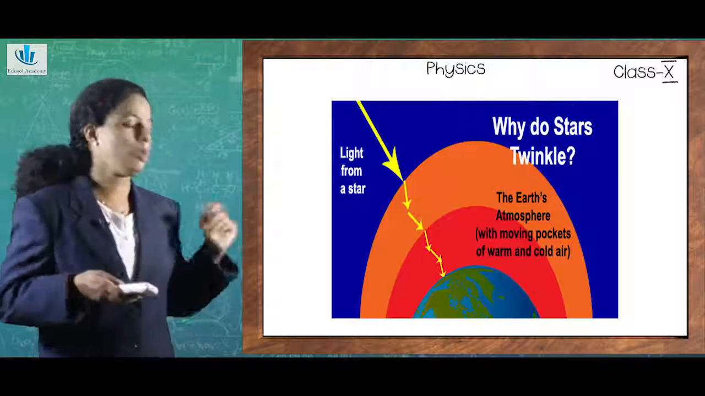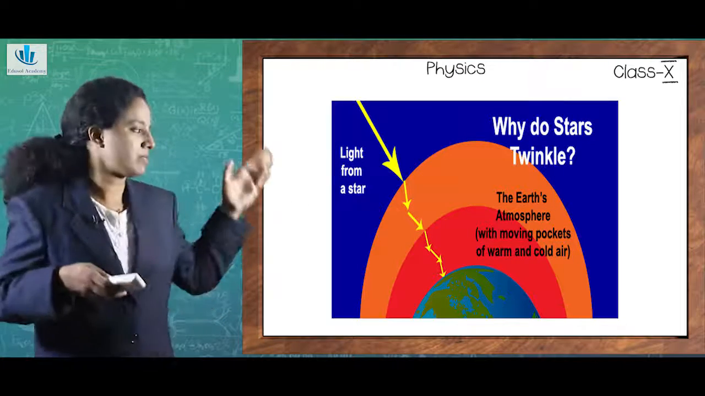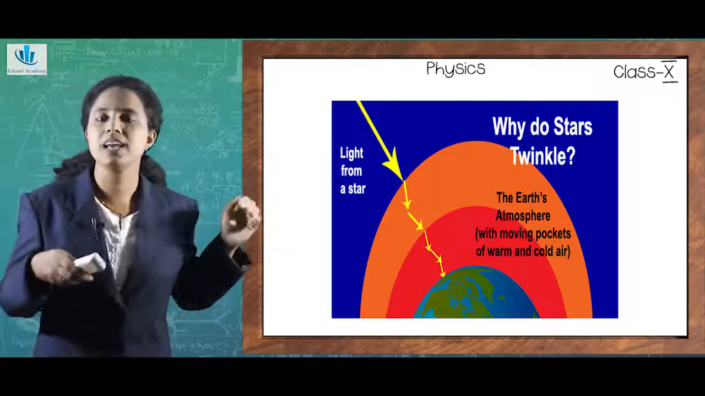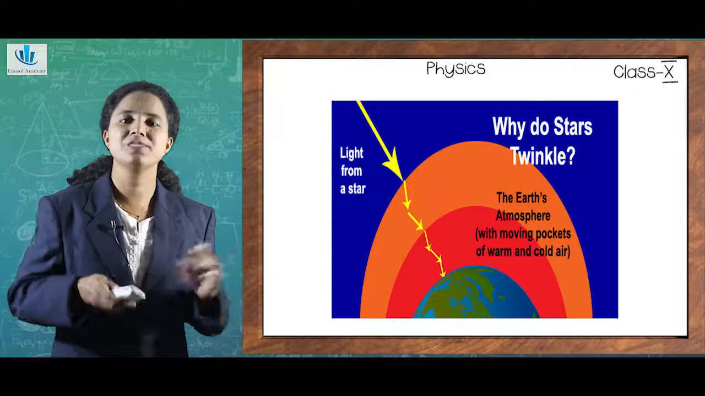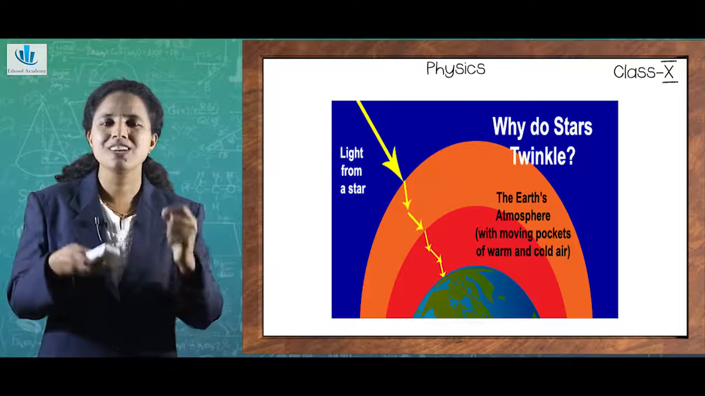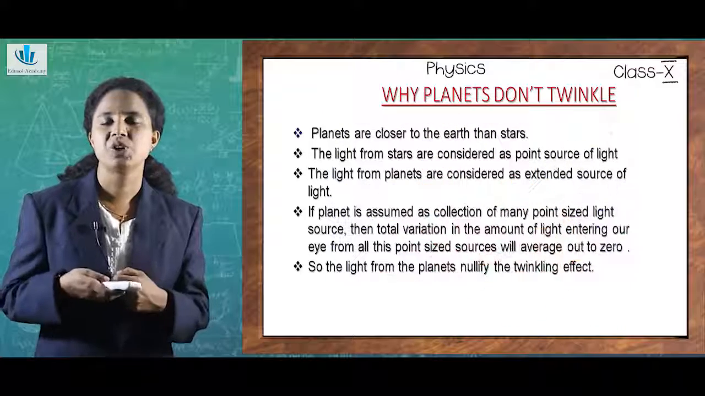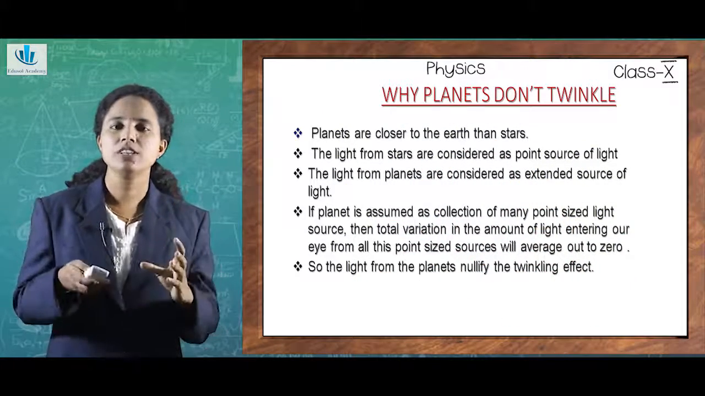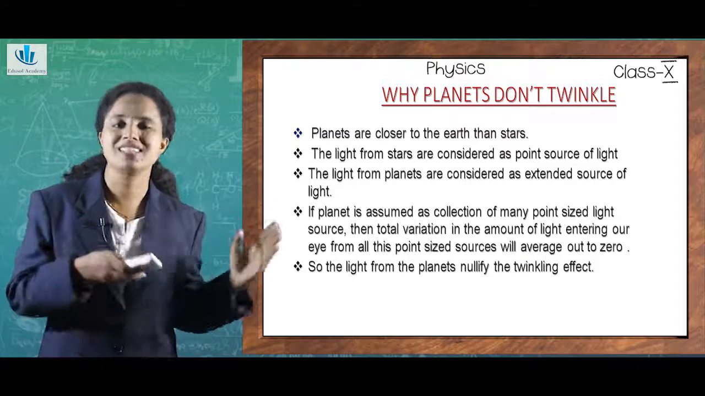So this is a picture which explains why stars twinkle. That is, light from stars comes to the Earth's atmosphere, suffers atmospheric refraction, and finally leads to the twinkling of the stars. But there occurs a question: do the planets twinkle? So the answer is, we need to find out. For that, we need to analyze the positioning of planets as well as stars